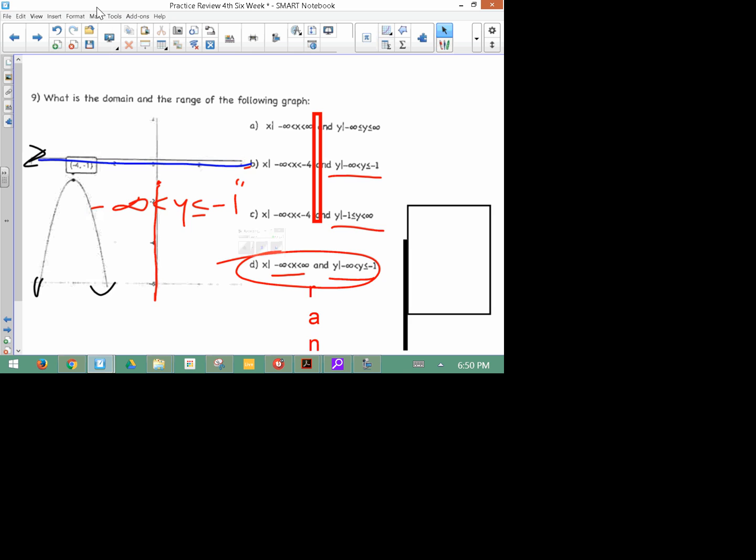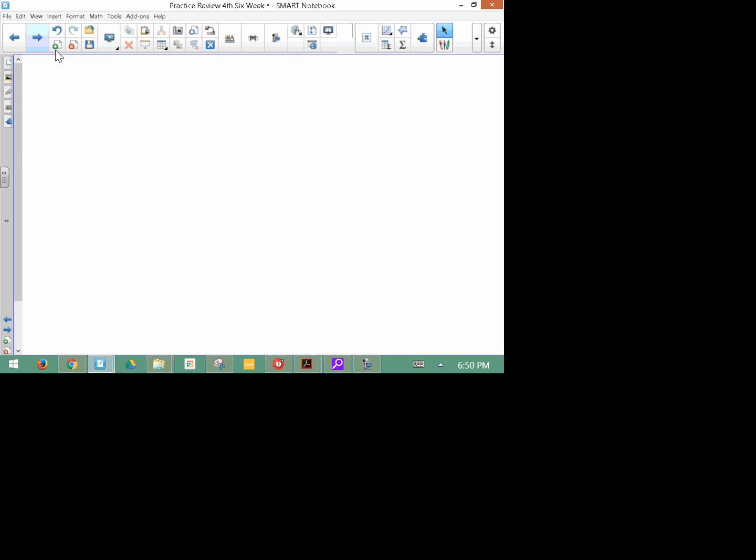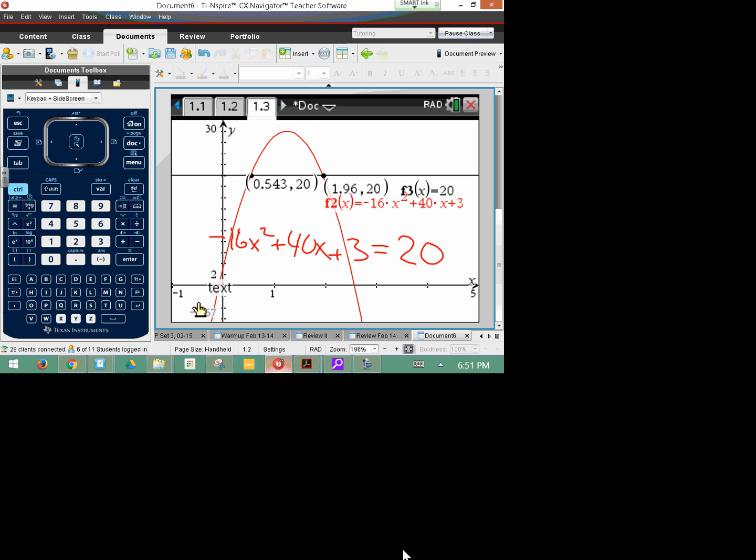All right, let's move on. Which of the following does not have zeros at x equals 5 and x equals negative 6? The simplest way to do this is just to graph each one of these, and you will see what the zeros are. So we're looking for which one. If we graph D,